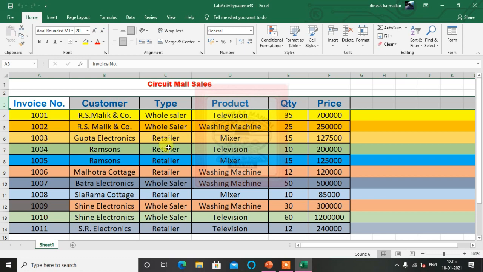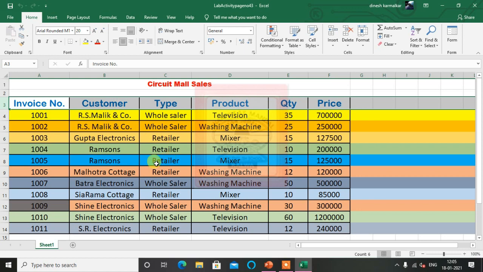Now for your understanding, what is the difference between wholesaler and retailer? The wholesalers are the persons who purchase the product directly from the manufacturer, or the companies which manufacture this television, washing machine. From there the wholesalers are purchasing the products, and the retailers are purchasing from these wholesalers. And from the retailers, the consumers, that is our normal persons like us, are purchasing. So the cycle will be like this: first the highest place is the manufacturer who manufactures the product. From there the wholesaler purchases the product, then the retailer purchases from the wholesaler, and from the retailer we, called the consumers, are purchasing.